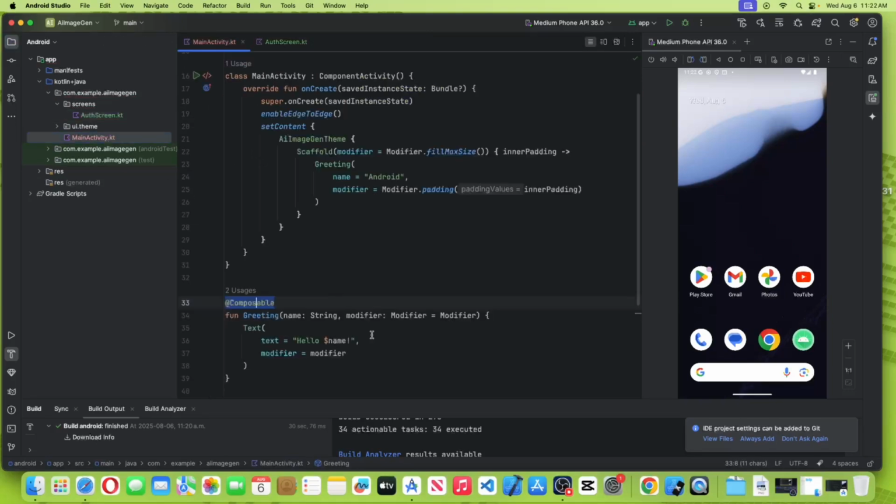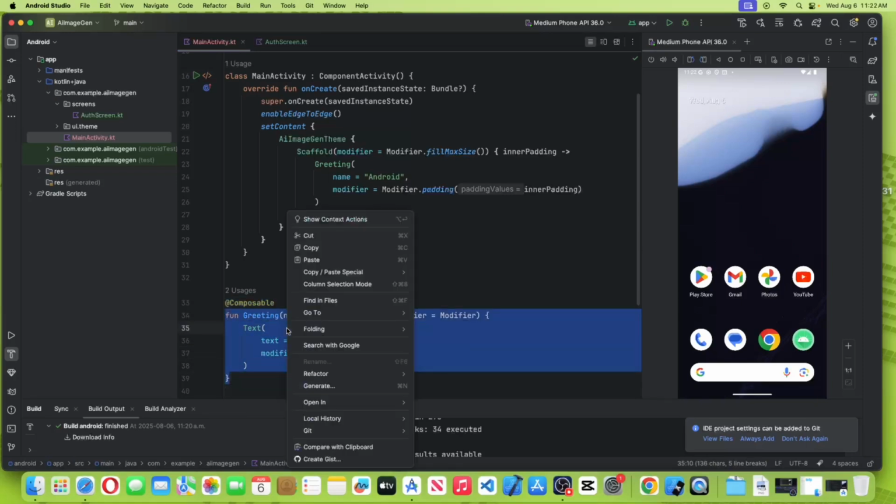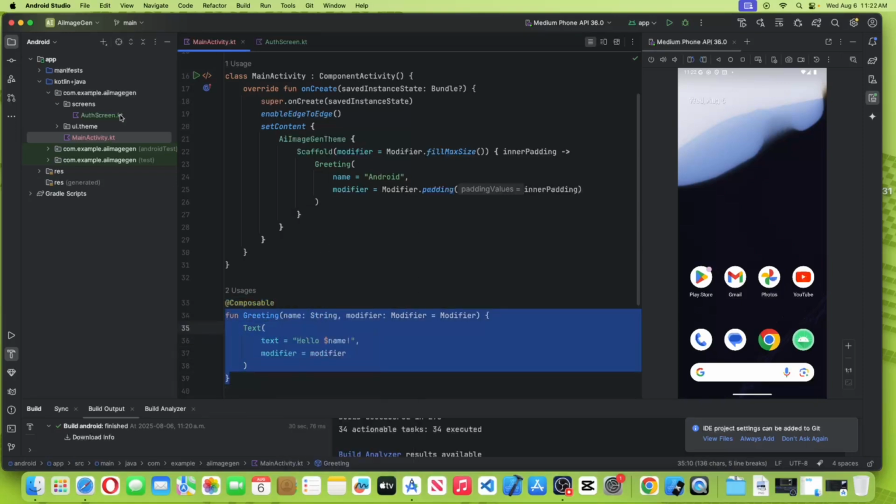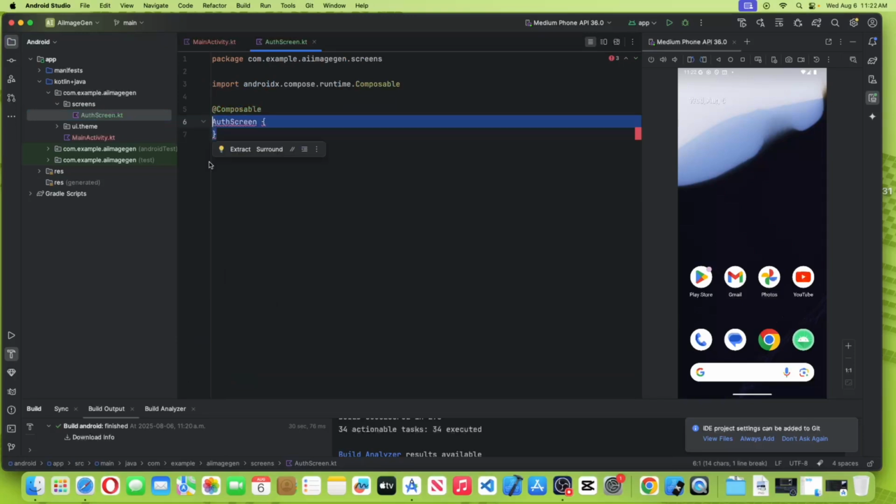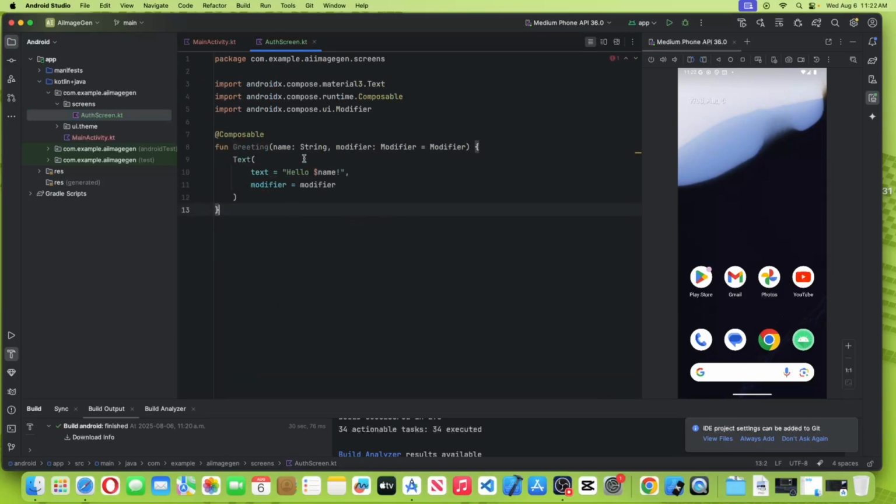Composable auth screen, and we don't need a name. Auth screen is an auth screen,